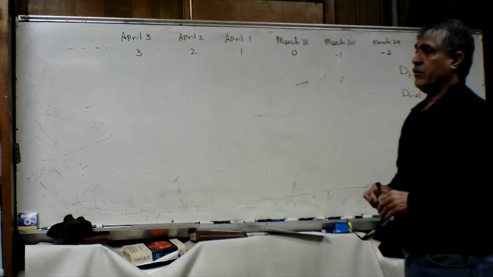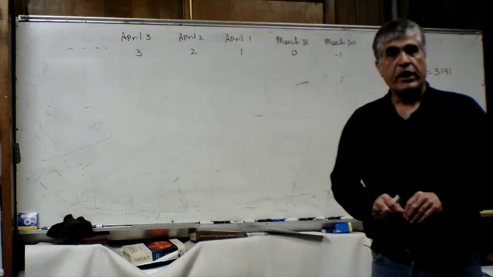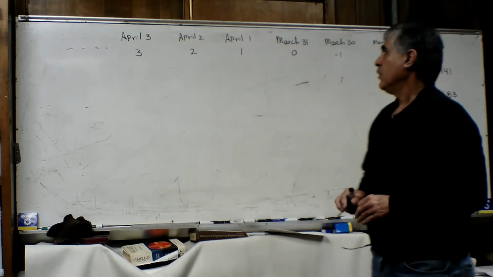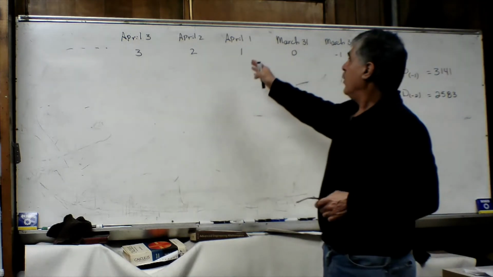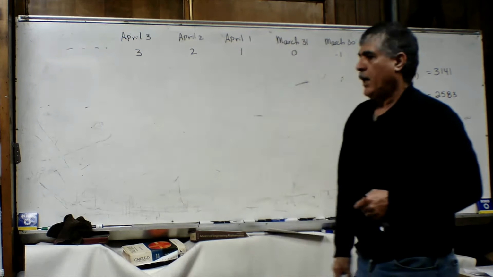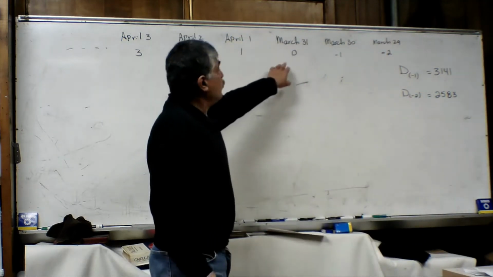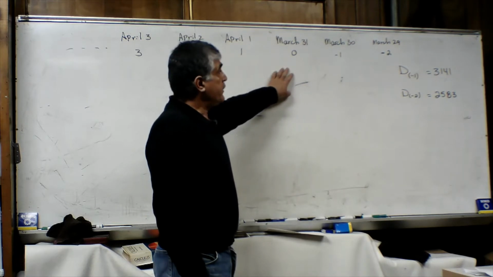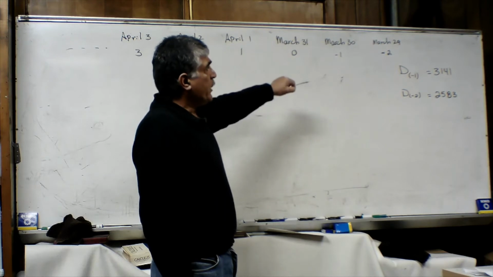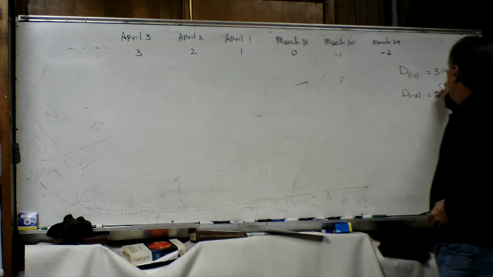In this video, we are going to use the differential equation and project the death toll for the coronavirus for April 1st to April 5th. Today is March the 31st, and this morning the death toll was 3141,